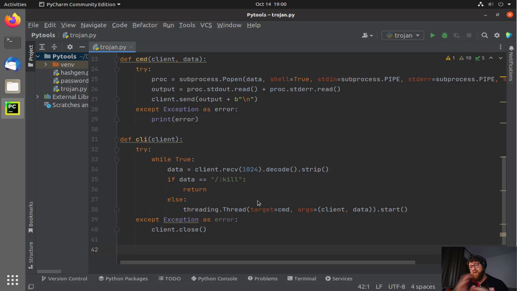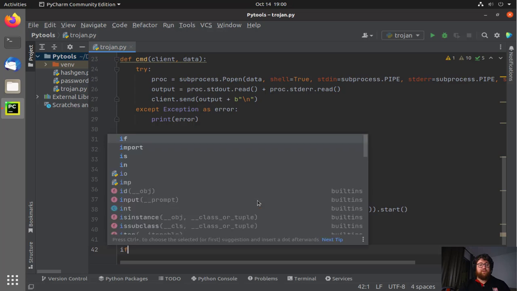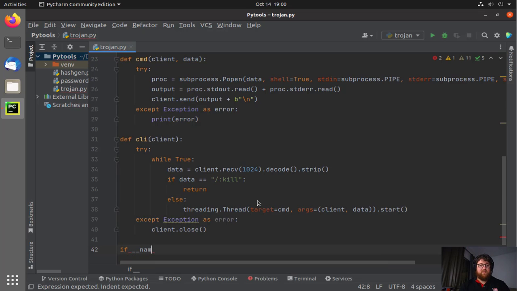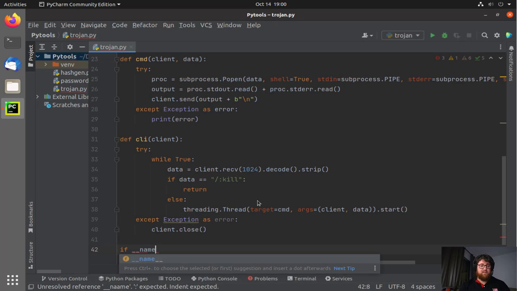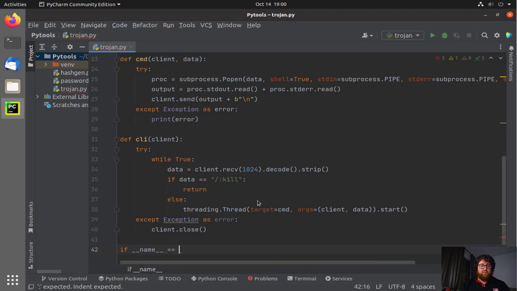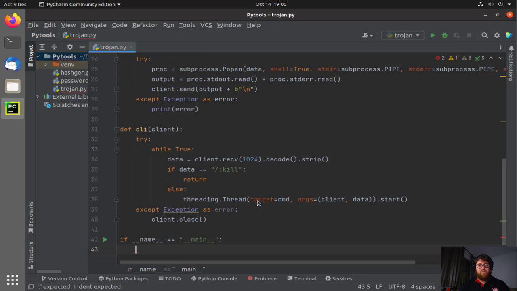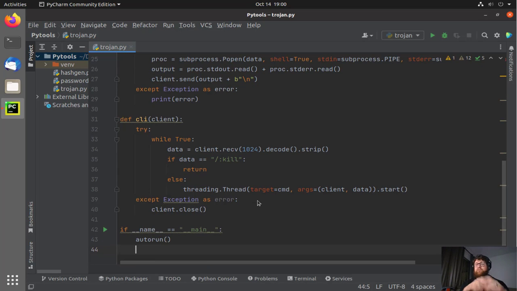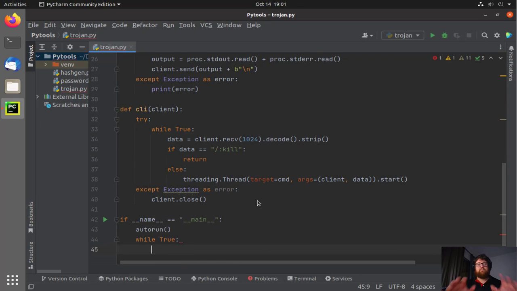Now we are going to create a main section where we are going to import the functions and keep it alive. So if __name__ equals __main__, what are we going to run? Okay, now we have to create another while to keep it alive again, because this is the main function. So we have to keep everything alive here. So while True, what we're going to do,